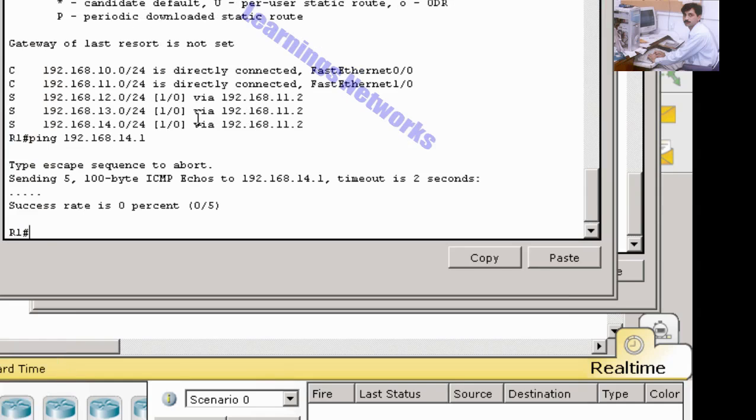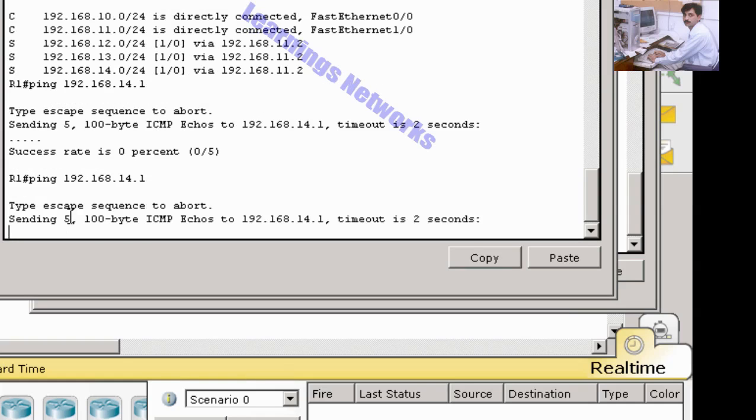Go again on R1. We have 10, 11, 12, 13, 14.